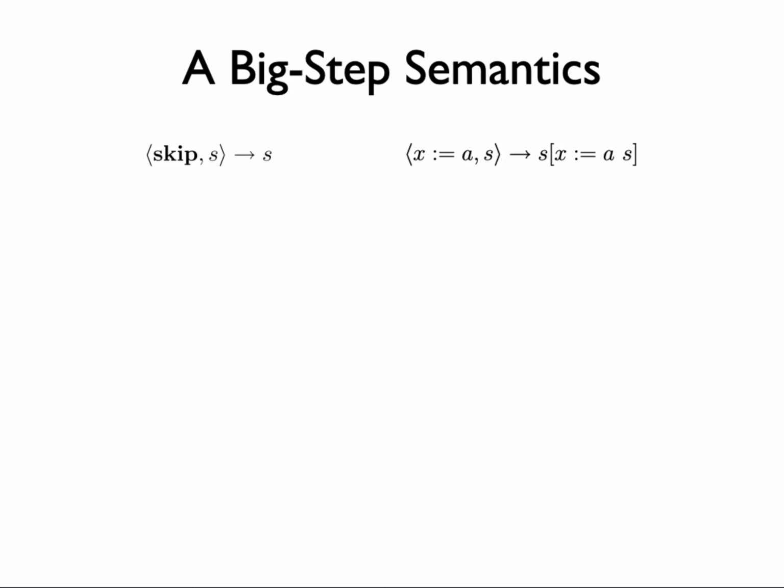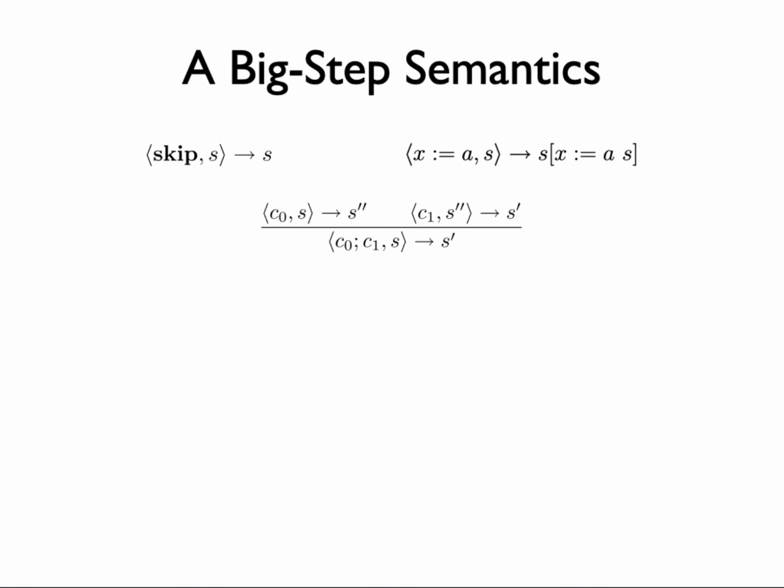The value for X will be the expression A evaluated in the state S, and otherwise the state will be the same as before, that is, for the other variables. In other words, it's exactly what it should be if you've seen this kind of semantics definition before. If you've never had a semantics course before, I'm sorry, I can't really